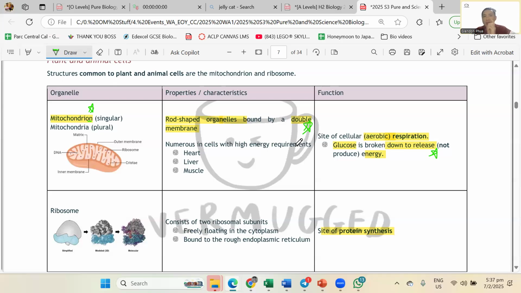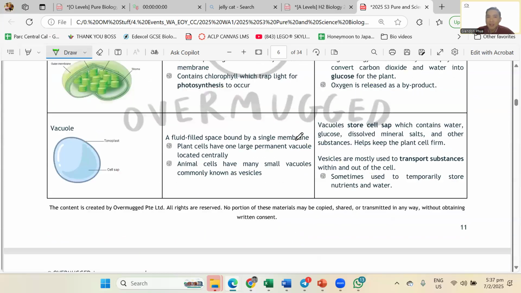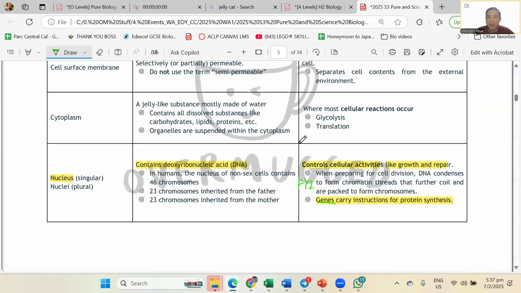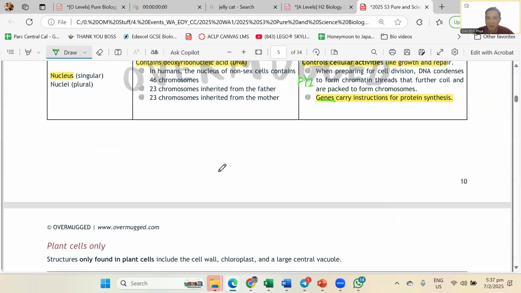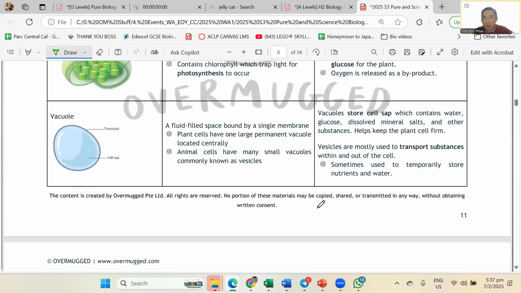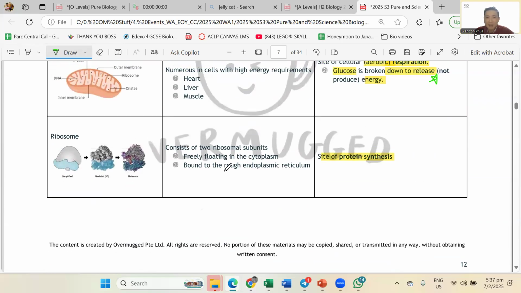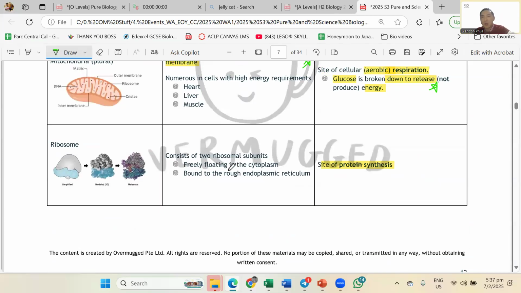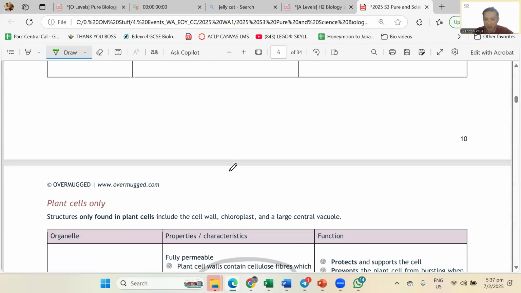Now the mitochondria is one of the organelles with a double membrane. The other one is going to be your nucleus over here. But double membranes are not so important in your syllabus. Now TLC done, ribosome done. Now we go back to some of the earlier organelles over here.